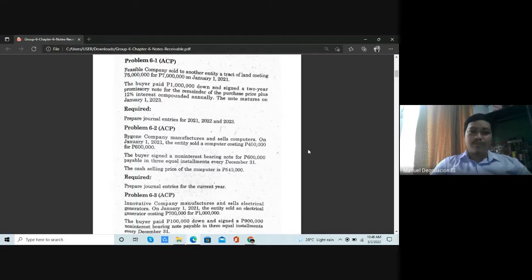So normally we will be recognizing notes receivable if third parties transacting with us provide us with a promissory note. As to the nature, as to what it represents, your notes receivable will be the same as your accounts receivable. It's just that our notes receivable is evidenced or backed by a commercial document, specifically a negotiable